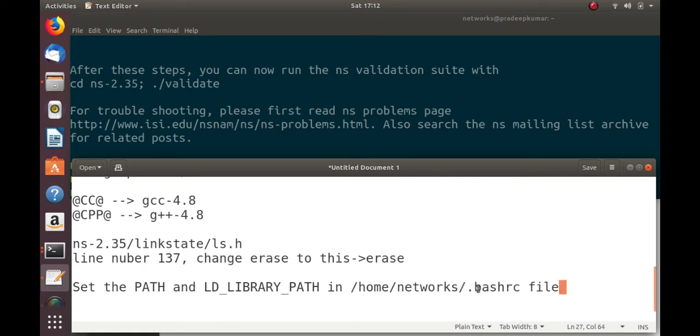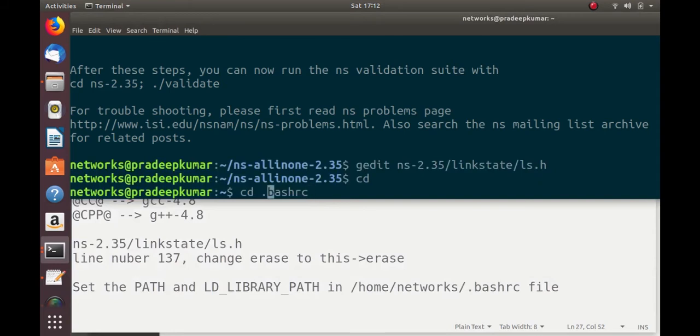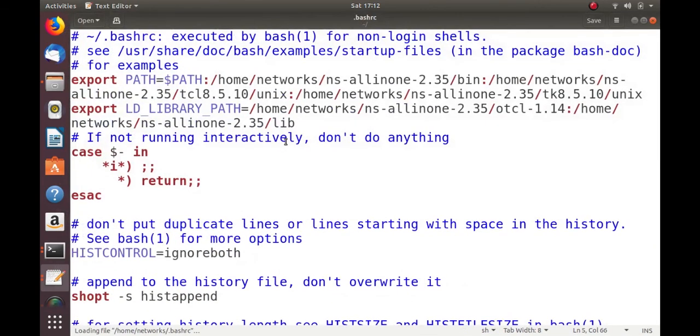So open this file. This file doesn't have a file name but only an extension name, so the file should be opened this way, as you see: gedit space .bashrc. Once you open it, you can see export PATH equal to $PATH and paste the entire path after a colon. Colon is the path separator. First path, after it is over, again a colon. Second path, again another colon. Third path. After it is done, we have export LD_LIBRARY_PATH. Here, after the separator we have to have a colon.